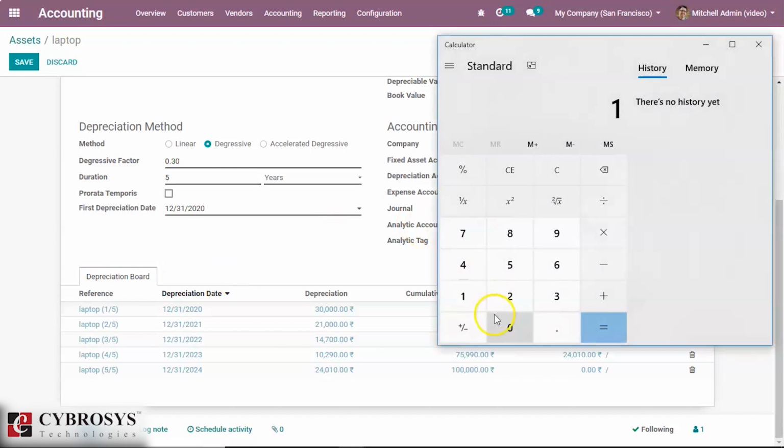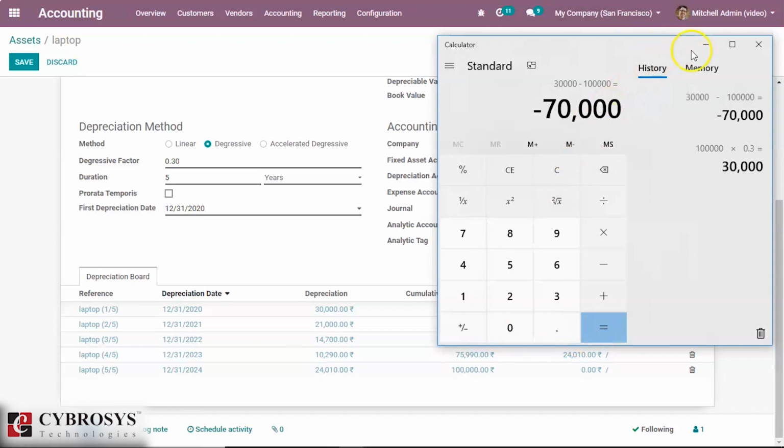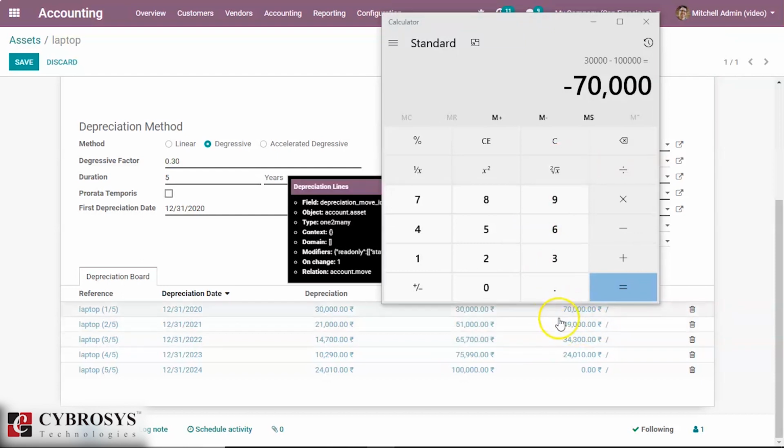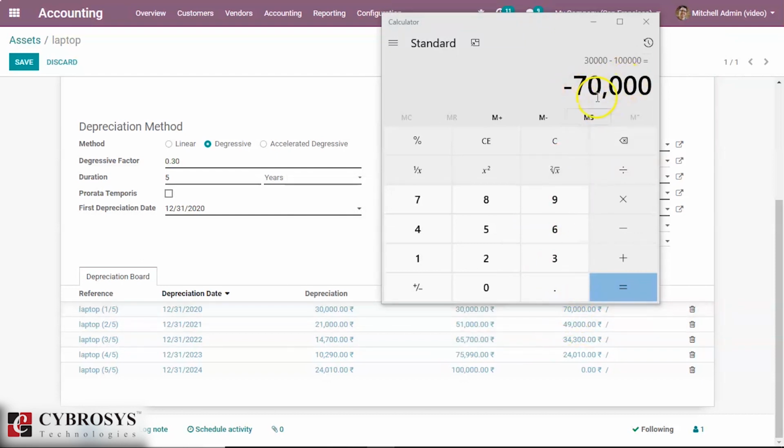So our asset value is 1 lakh, and we are multiplying this by the degressive factor. Then we get the first depreciation value, and that amount is subtracted from the main amount. We get the